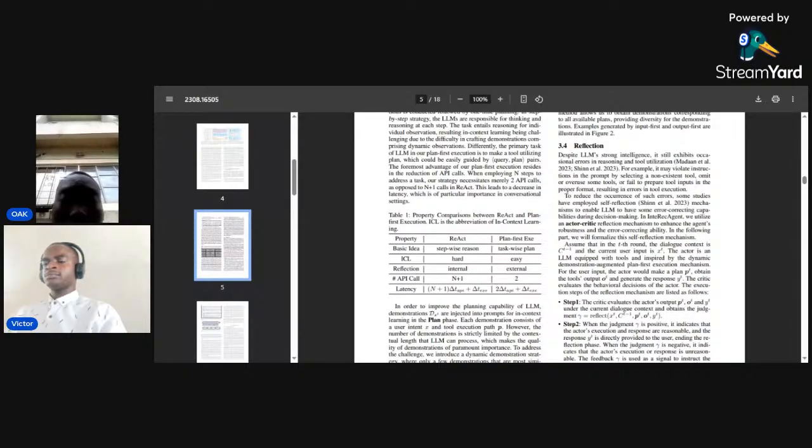Step 2: when the judgment gamma is positive, it indicates that the actor's execution and response are reasonable, and the response Y^t is directly provided to the user, ending the reflection phase. When the judgment gamma is negative, it indicates that the actor's execution or response is unreasonable. The feedback gamma is used as a signal to instruct the